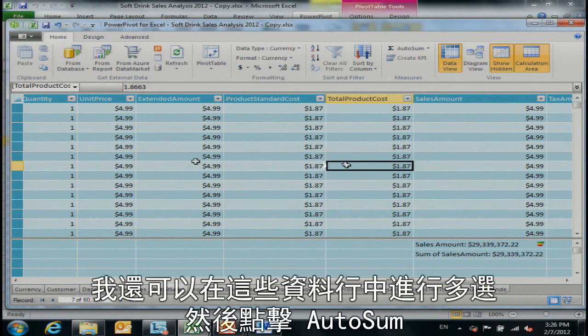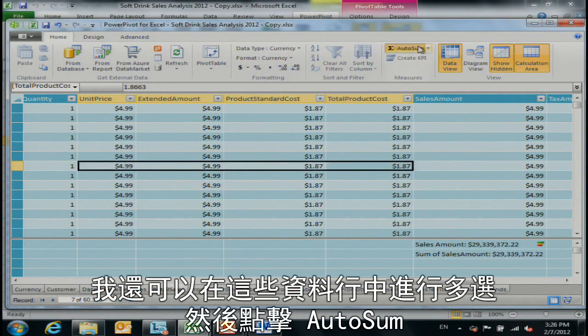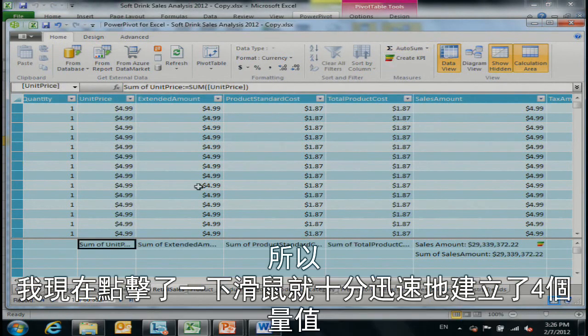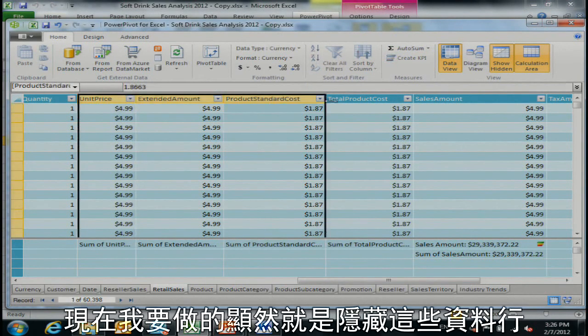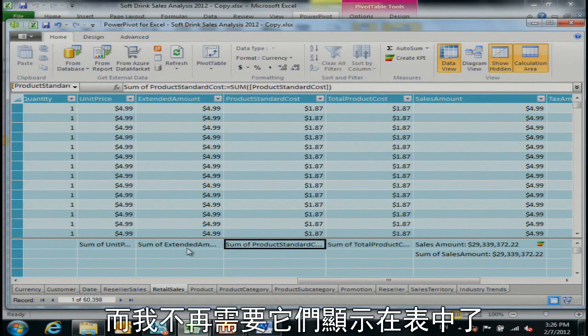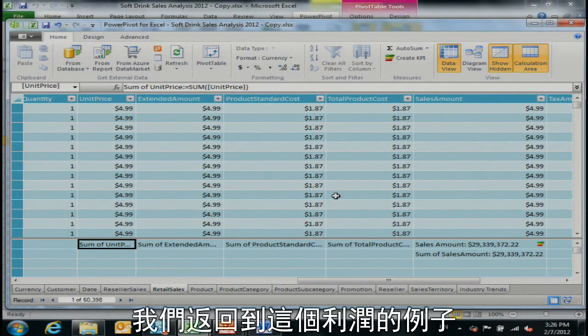I can also obviously multi-select in here and say auto sum, and it will create sum of all of these columns. So now I have very quickly, in one click, created 4 explicit measures. What I could do now is obviously hide the columns because I no longer need these in the field list, because these will show up as explicit objects in the field list. So go back to the